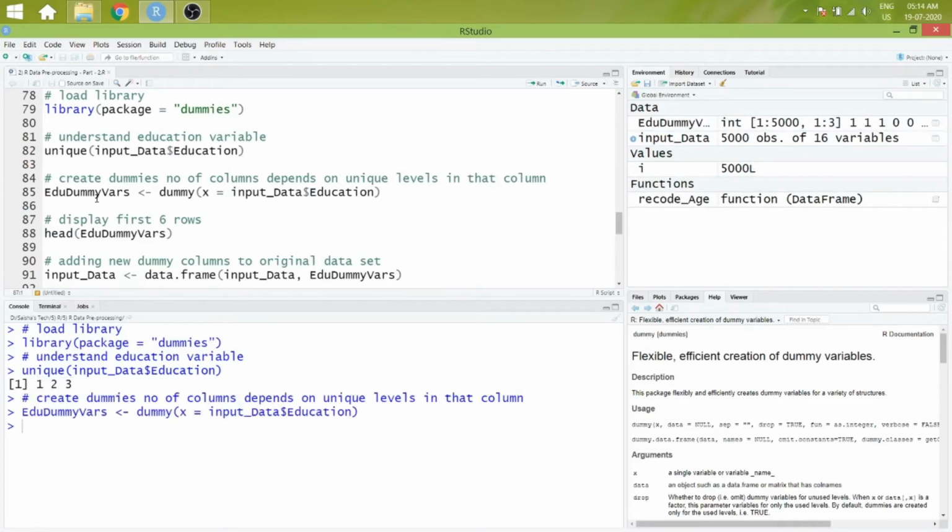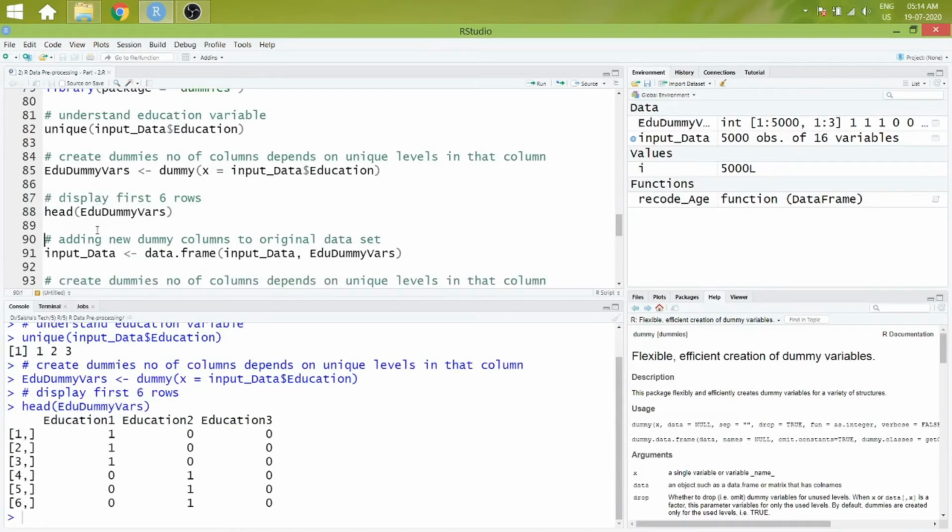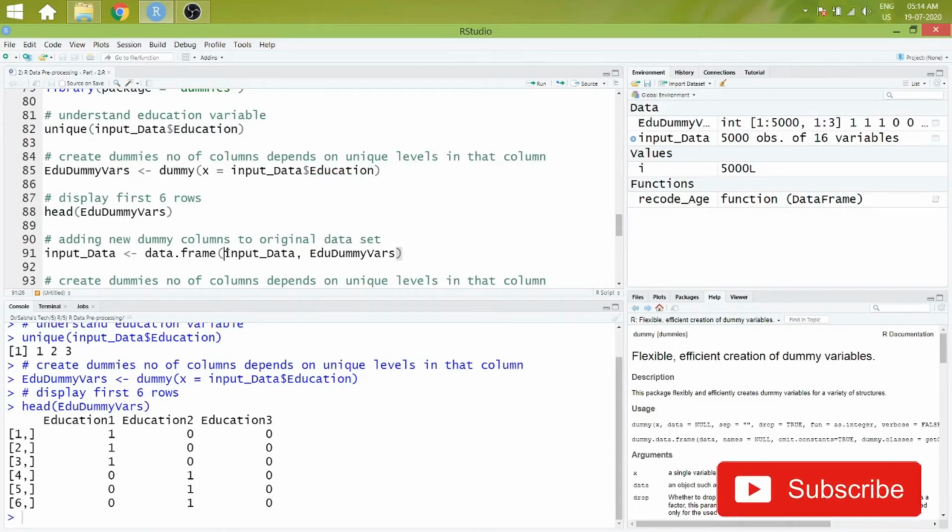In line 85, we have created dummy of education attribute and we are displaying the head of dummy variables. Here you can observe education 1, education 2 and education 3 are 3 dummy variables which are created from the education variable. In line 91, we are integrating the dummy education variables with the original data frame.